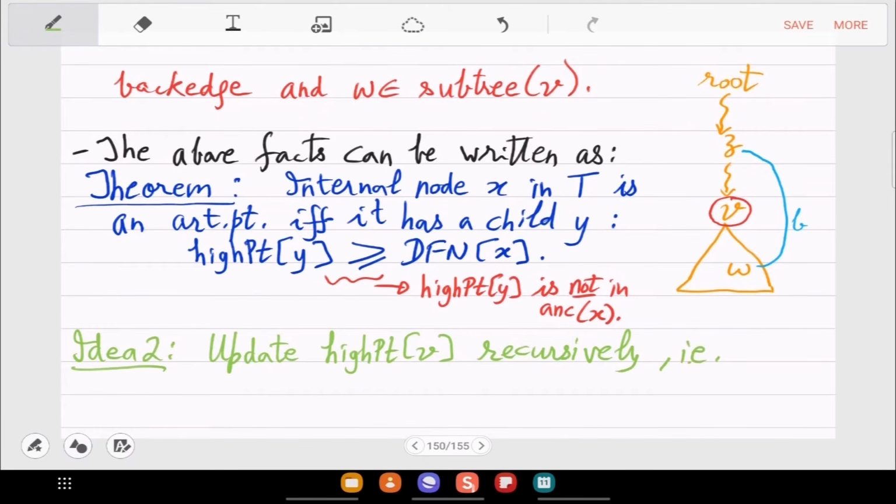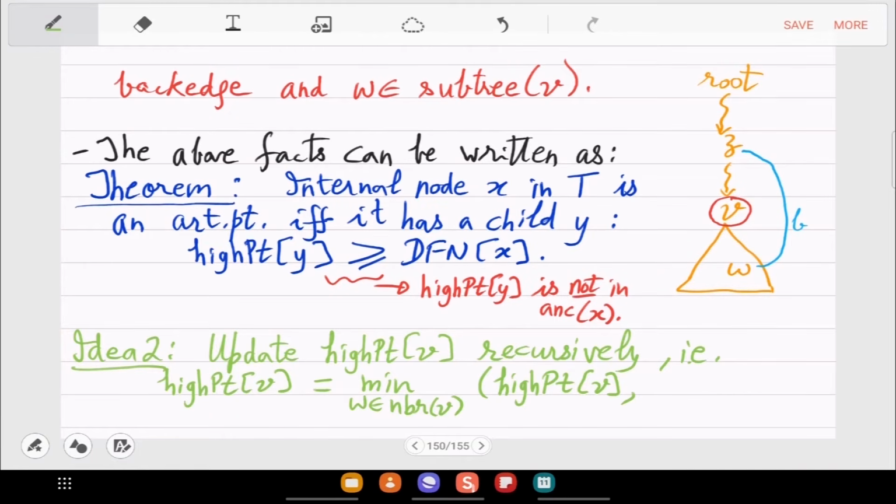So the example is these relationships. The high point of V is the minimum over all the neighbors of V. So whatever you had before as the value of high point V, obviously this array will start with an initialization of infinity. Right? So the high point in the beginning is infinity, which is below the bottom of this picture. And then as you get more and more information, it will move up.